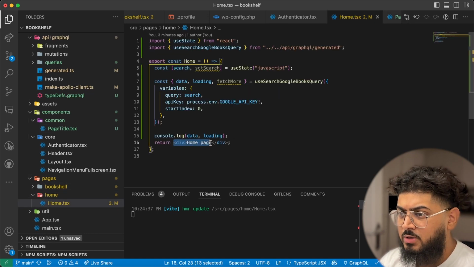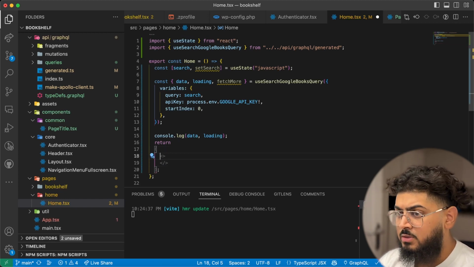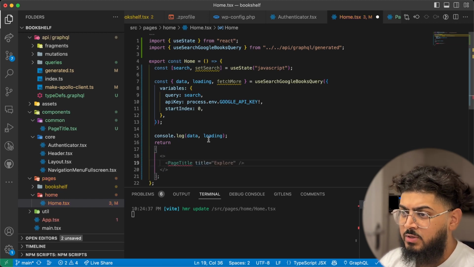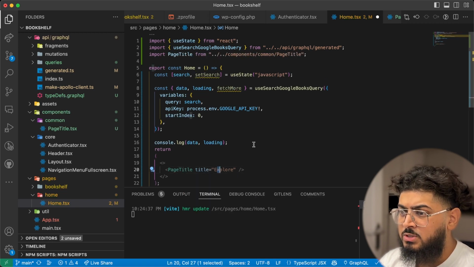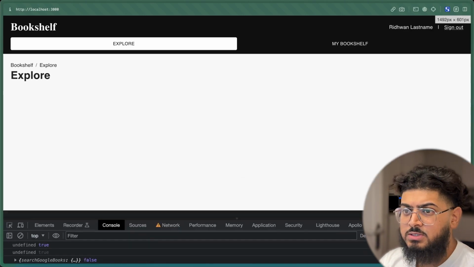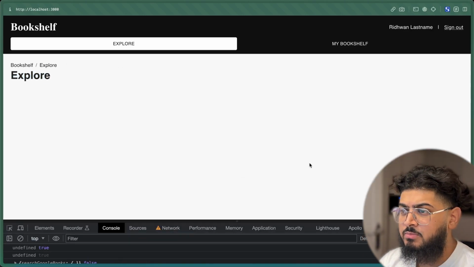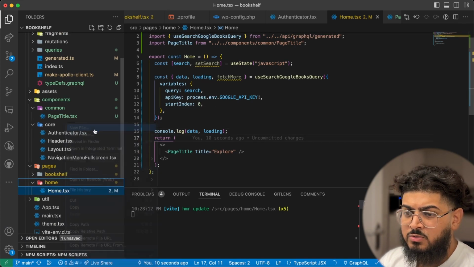So let's go back to our home page, and then let's change this into a fragment. And inside our fragment, let's have a page title. We're going to import from common, and we're just going to call this page the Explore page. So that should look like this now. So we can have Explore coming up. So we've got a title on our page. Next thing we're going to do is create another file called